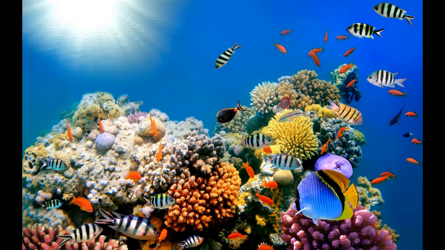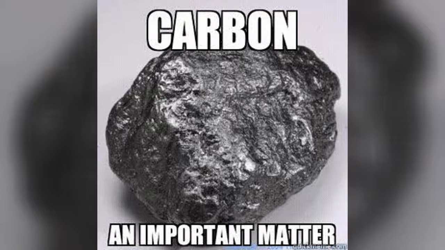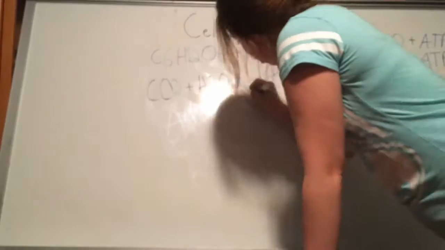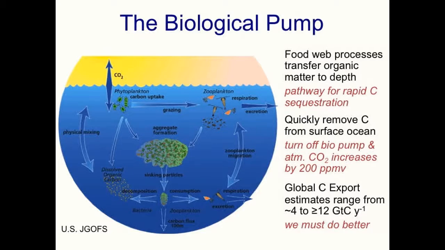When talking about any kind of ecosystem, it is also very important to address how carbon works its way through the system. In this case, carbon enters by being absorbed from the atmosphere as CO2 by producers and used with water and sunlight to make glucose and oxygen through photosynthesis. This is then used by consumers to make CO2 and water. Once these organisms die and decompose, the CO2 is released back into the environment to be sent into the cycle